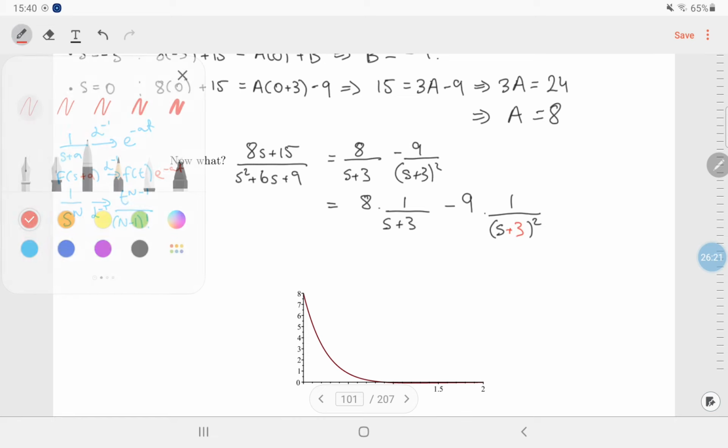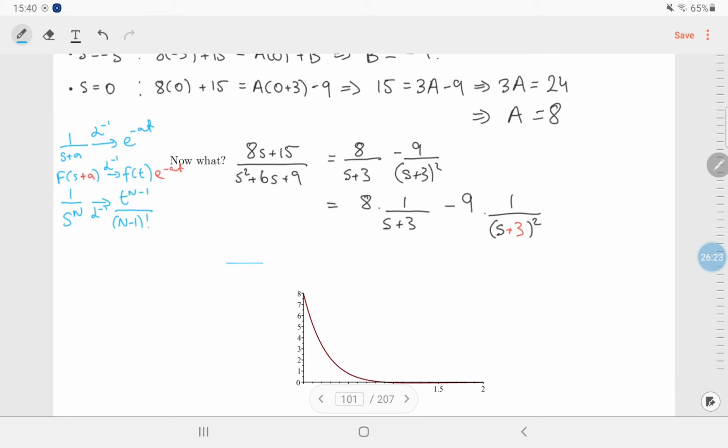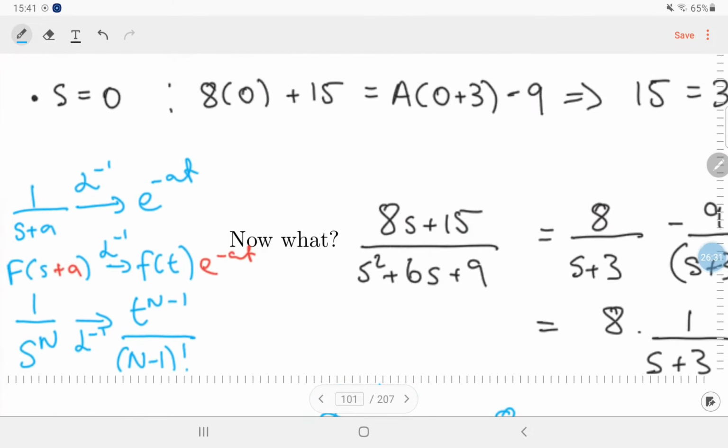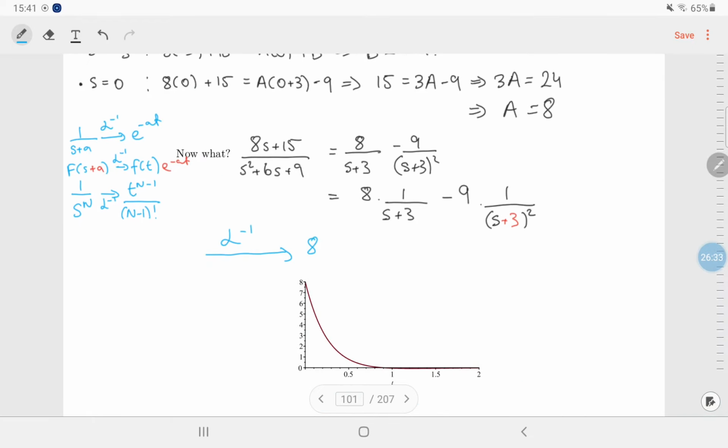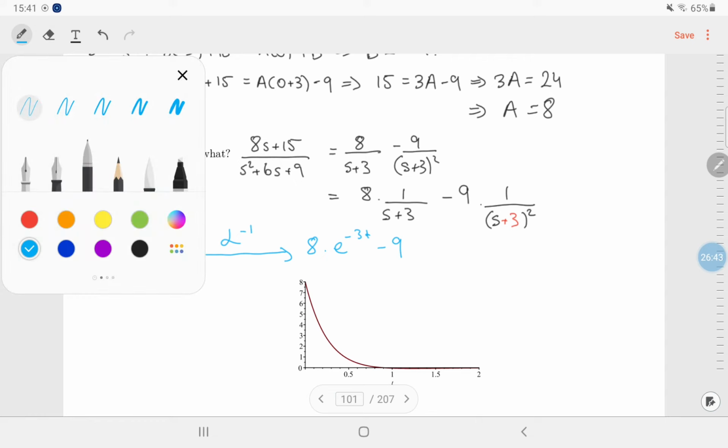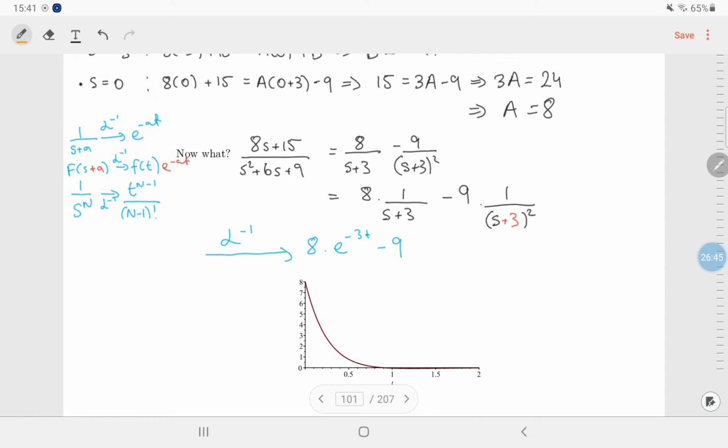Now let's send it back using the inverse Laplace transform. Okay, so we can fix the 8 times 1 over s plus 3 using the top thing in the tables here. That's e to the minus 3t. Now we can fix the minus 9. What does the first shift theorem say? We need to make a comment here. This here is a shifted